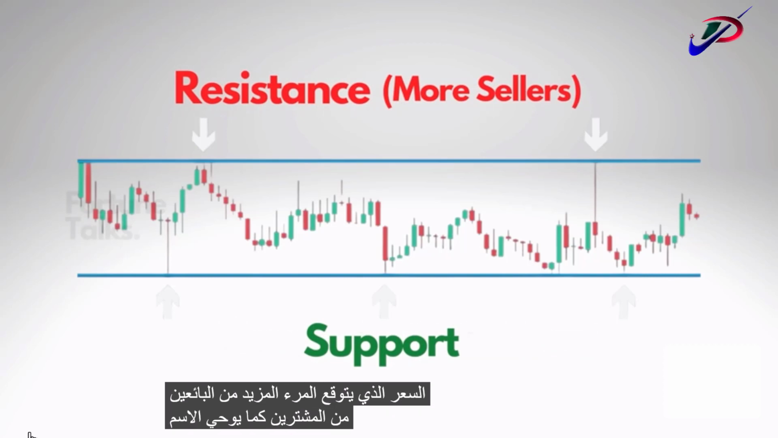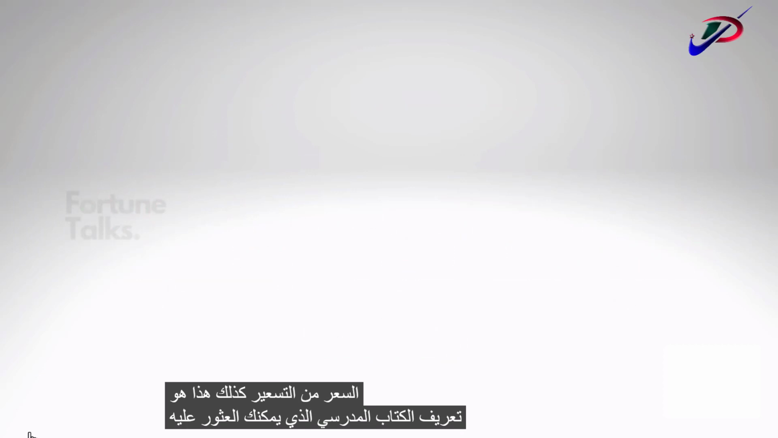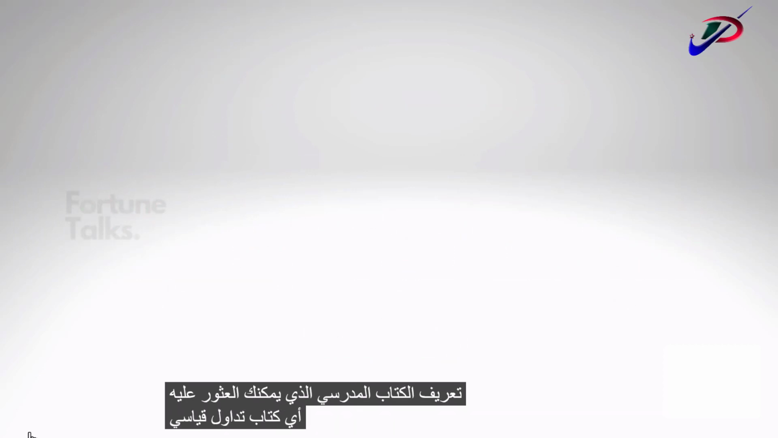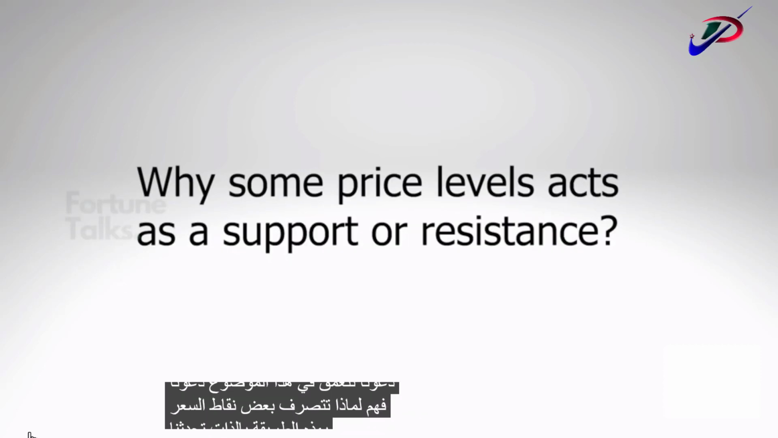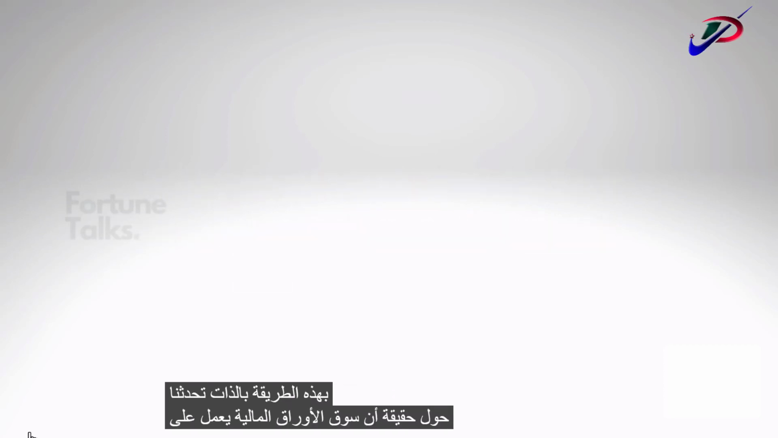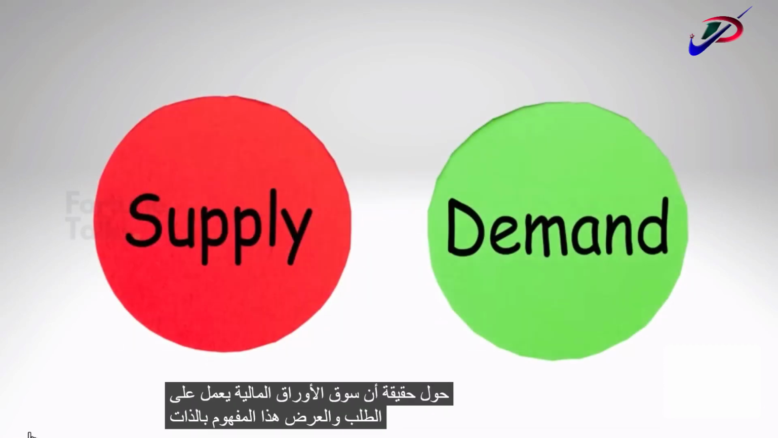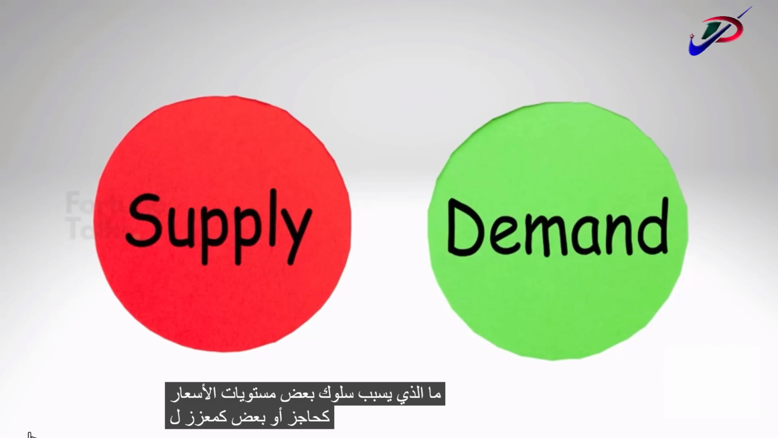So as the name suggests, the resistance is something that stops the price from rising further. This is a textbook definition that you can find in any standard trading book. Let's dig deeper into this topic. Let us understand why some price points behave in this particular manner. We have talked about the fact that stock market runs on demand and supply. This very concept is what causes some price levels to behave as a barrier or some as a booster for